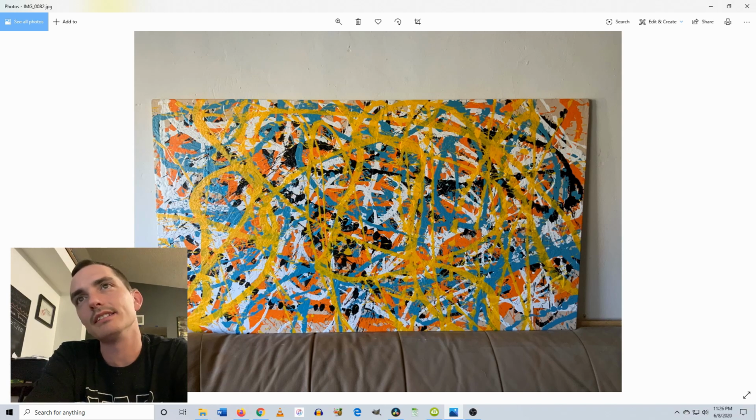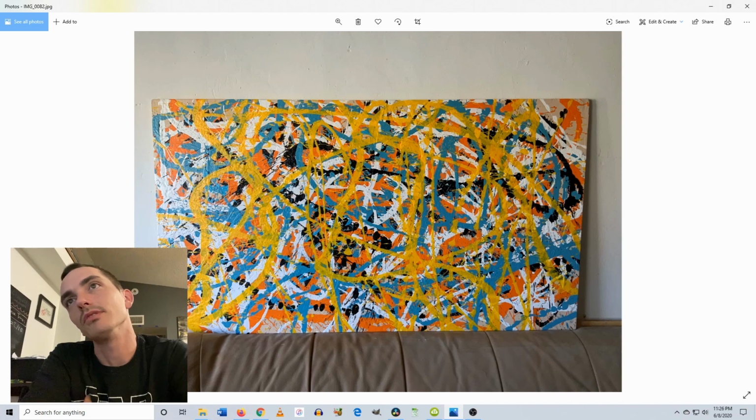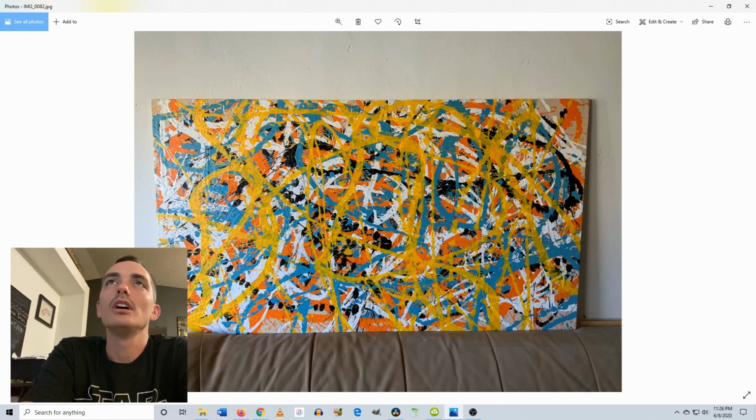So I can see that there's some on the bottom layer, which is fine. But it would have been nice to see a little bit more. Also stacking of layers. There's not a lot of stacking. You can tell pretty much looking at the painting what came first. So it looks like it's probably black and then orange and then white and then turquoise and then yellow. I'm assuming. So overall, not bad, but the